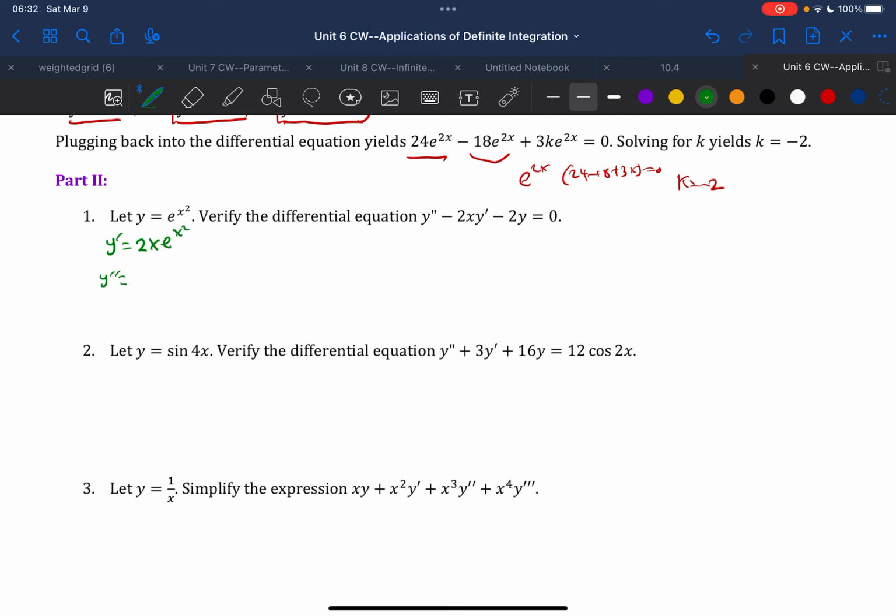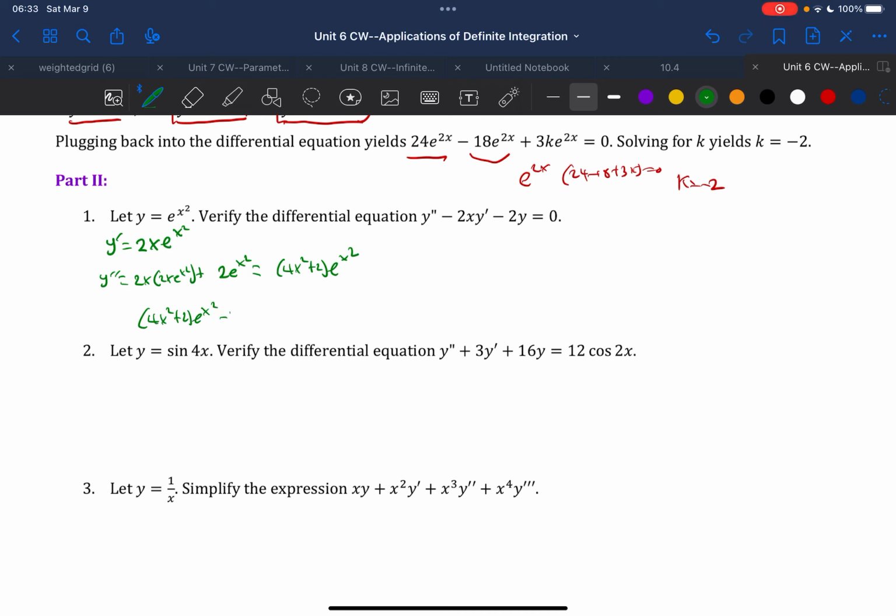And y double prime, you have to do the product rule, so it's 2x times the derivative of e to the x squared, which is 2x e to the x squared, plus the derivative of 2x, which is 2, times e to the x squared. So if I clean that up, I get (4x squared plus 2) e to the x squared. All right, so I'm going to verify. So y double prime is (4x squared plus 2)